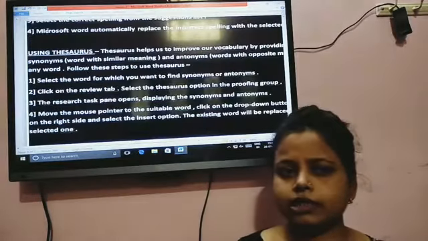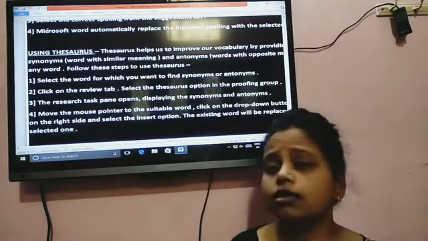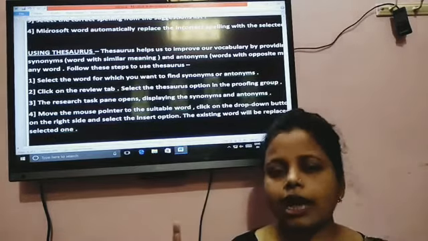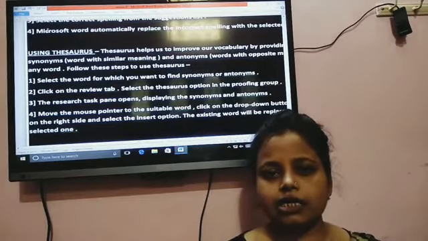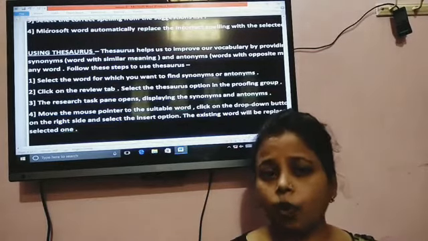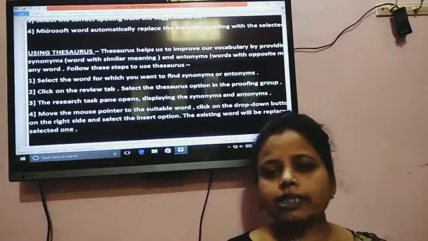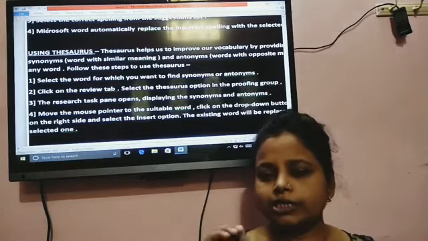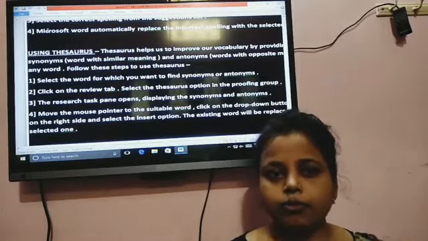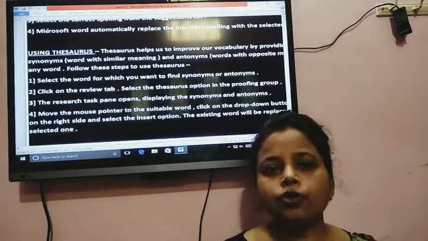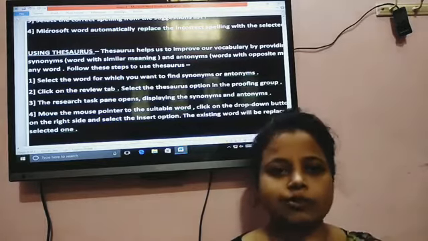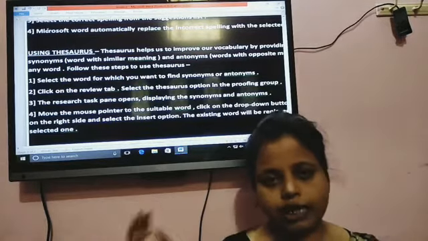Okay, students, the last heading of this chapter is thesaurus. I told you, in thesaurus, if we want synonyms and antonyms of any word, we use the thesaurus in MS Word. But how would you know where to find the synonyms and antonyms of a word? See carefully.